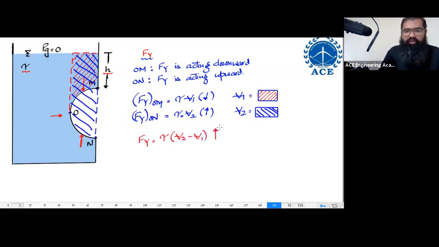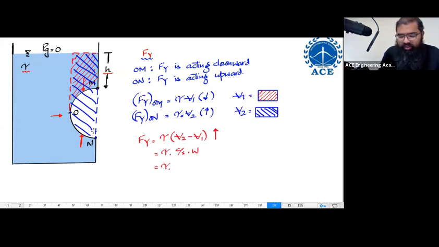I hope you are following this thing. Volume V2 means this entire volume, minus volume V1 means this volume. So I'm going to have only this portion remaining over here, and that value will be equal to how much? Gamma times cross section multiplied by width. That is equal to gamma times